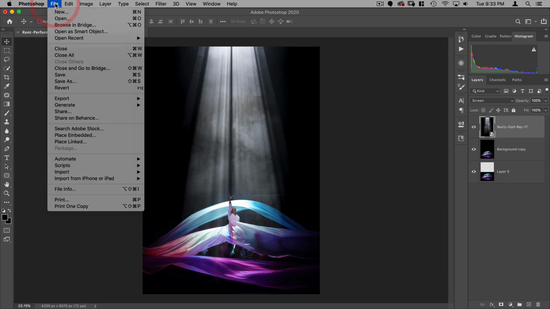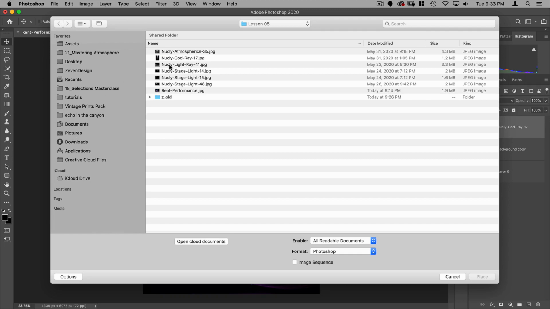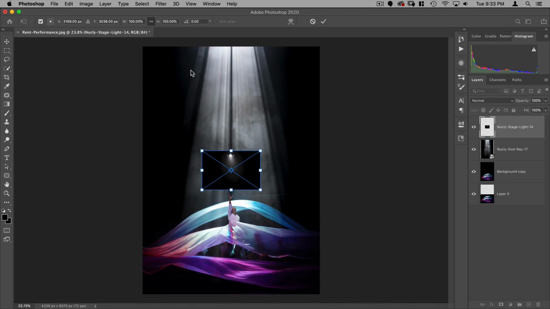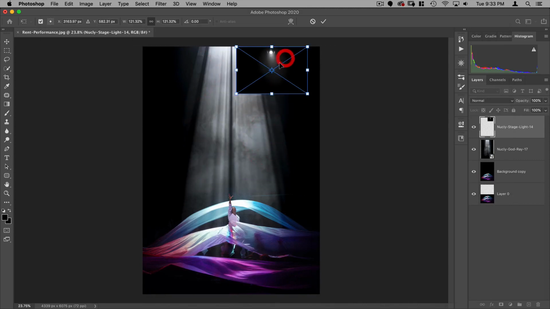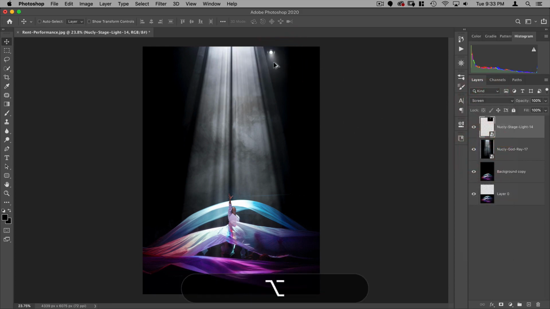All right, next let's do File, Place Embedded, and we're going to take the stage light 14 here, and let's put this up here. We're going to put this on screen, and I'm going to make a copy of it. Now I can make a copy by doing Command J on my keyboard.